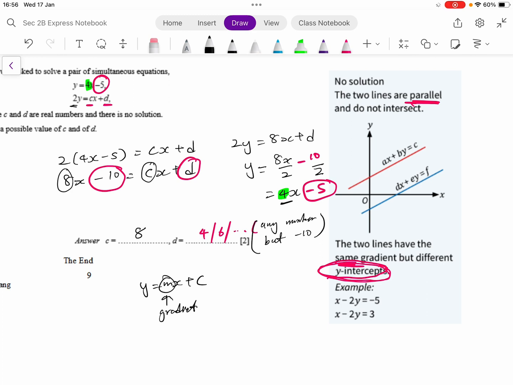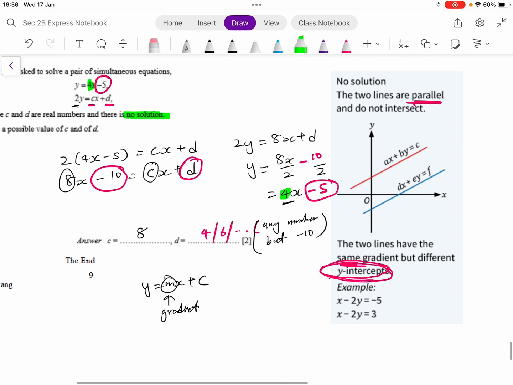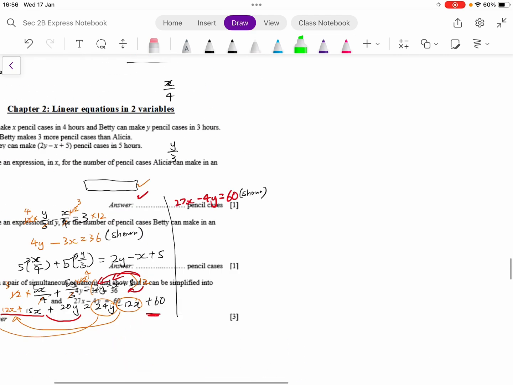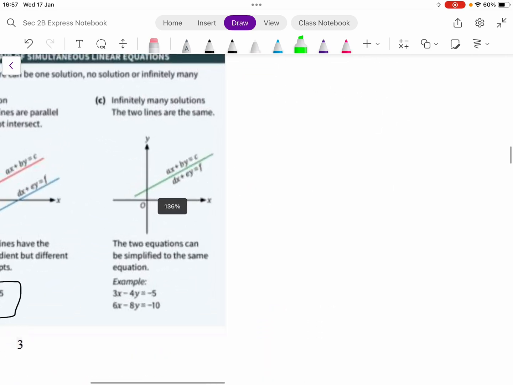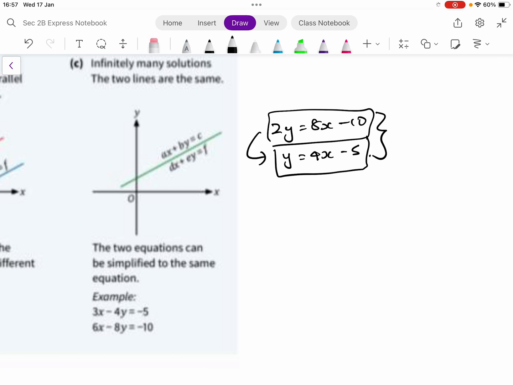So if you ask, why can it not be minus 10? Because for no solution, it is the same gradient but the y-intercept must be different. However, if it is minus 10, then we go back to our graph here. If 2y equals 8x minus 10, when you divide it, it is 4x minus 5. This is exactly the same. When you reduce it, it becomes the same as the other equation, which is y equals 4x minus 5,